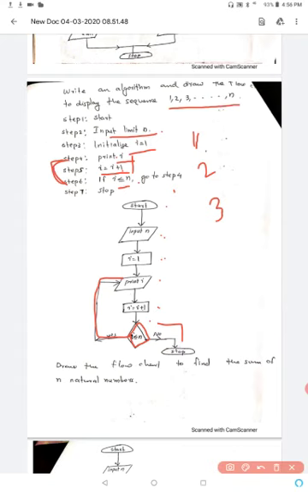So next question is, draw the flowchart to find the sum of n natural numbers. Sum of n natural numbers means, for example, printing n numbers we know now, we have to find the sum.